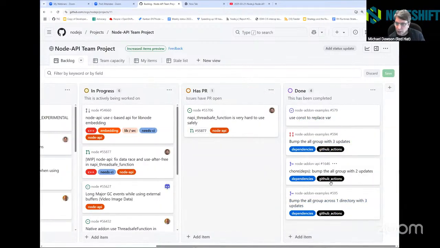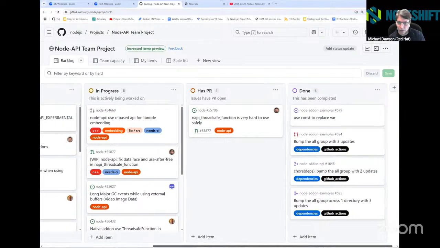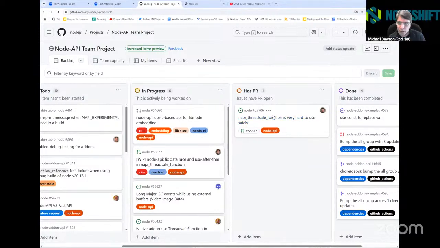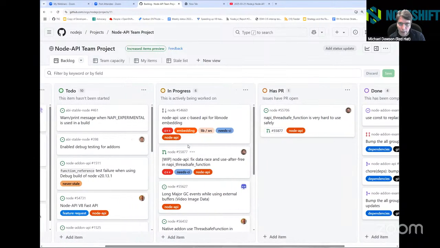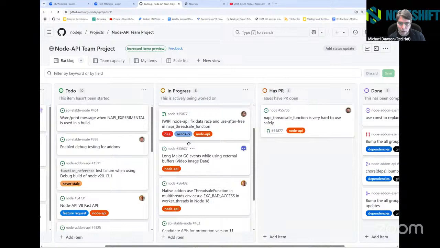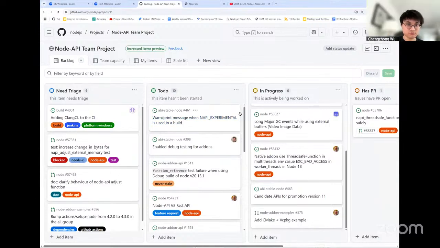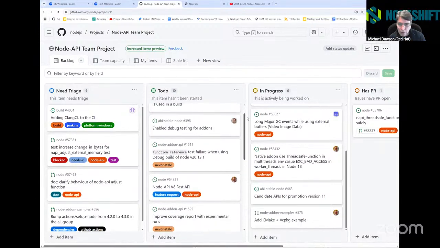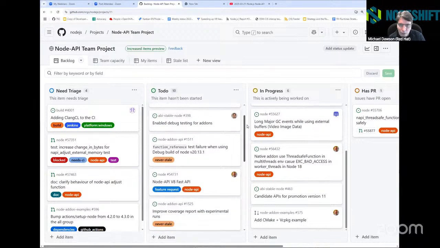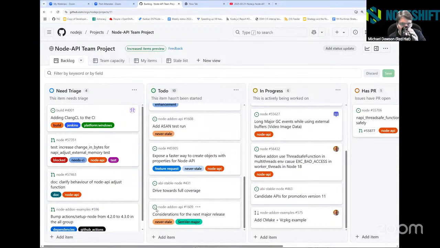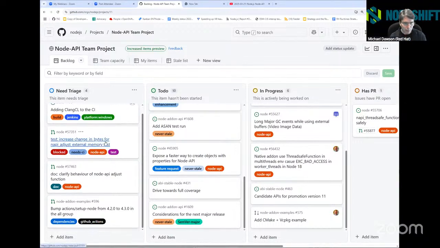Okay, in terms of done, I don't think I see anything there to chat about. I don't think there are much updates. In terms of in progress, I don't think we have any updates on any of these. To do, I don't know that there's anything new in the to-do in terms of updates. Okay, so if we go into needs triage,